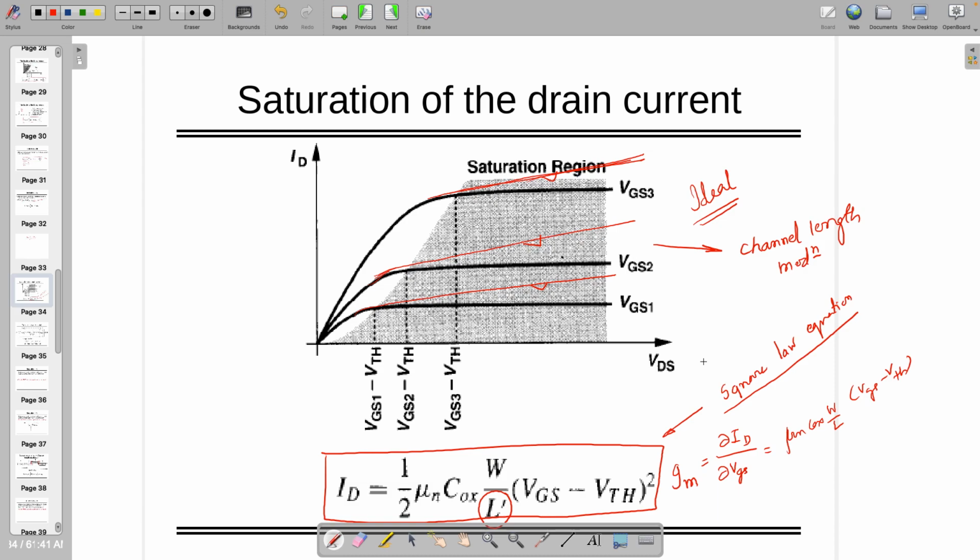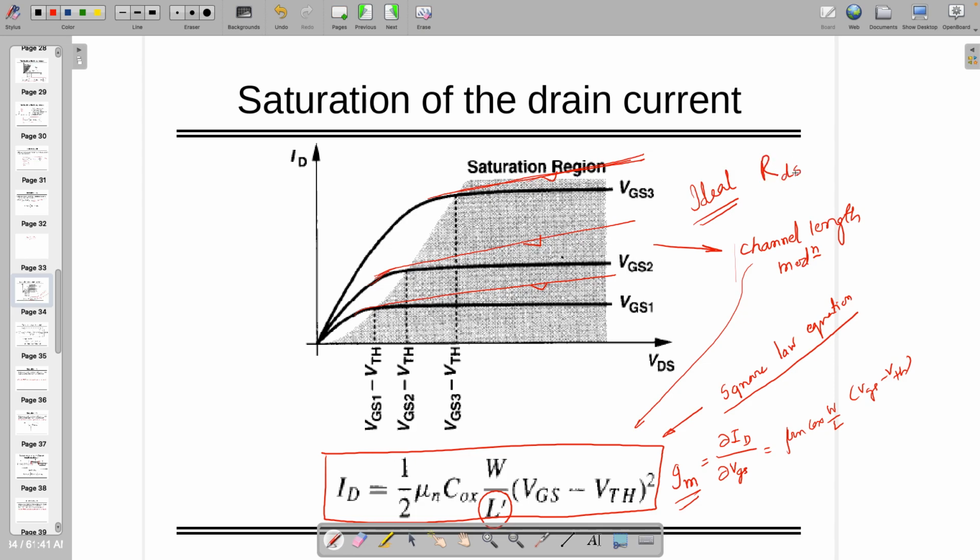There are many other things which we are going to talk about, but maybe after the next lecture: channel length modulation, body effect, and many other things. Not from a device perspective, but from a circuit perspective, how it changes the equation. Using channel length modulation, this equation will change and some extra terms will come. So those terms will be added and that will change gm. That will also change